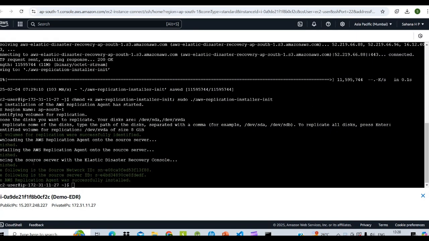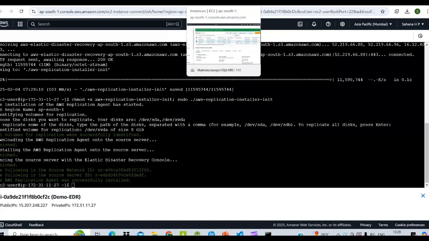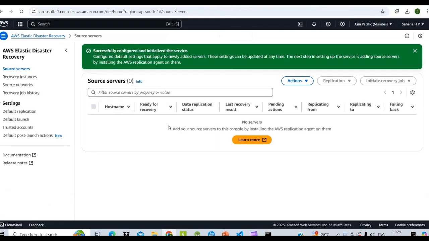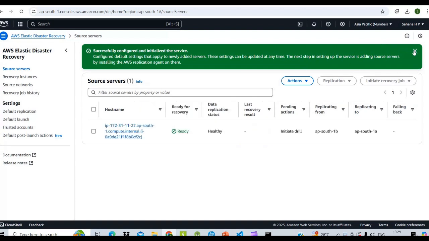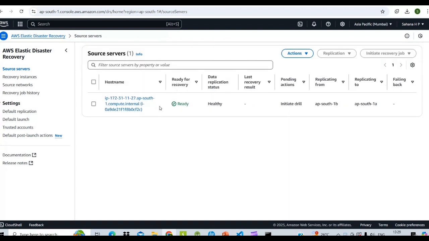Here we can see installing the AWS replication agent on the source server has finished. It's syncing the source server with the Elastic Disaster Recovery console, and it contains the source network ID and source server ID. Let's go to Elastic Disaster Recovery, source servers. Here the source server contains the host name, it's ready for recovery, and data replication is healthy.